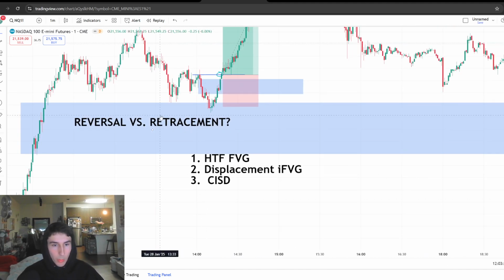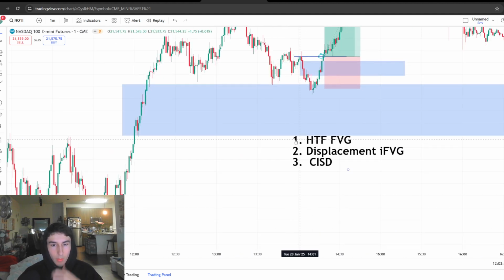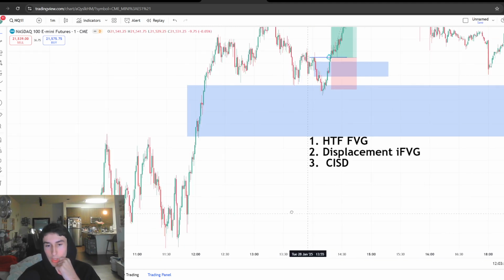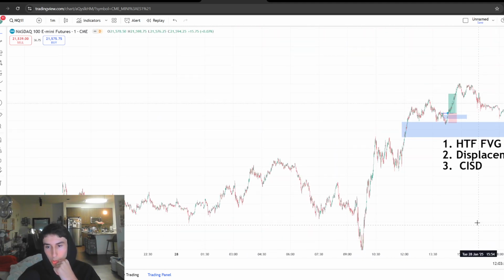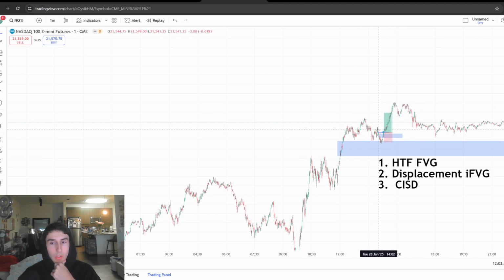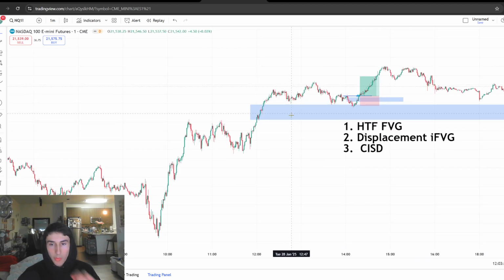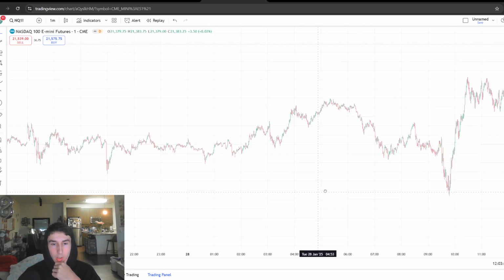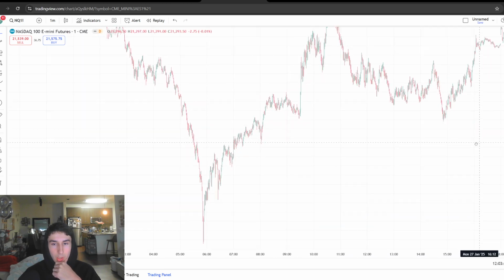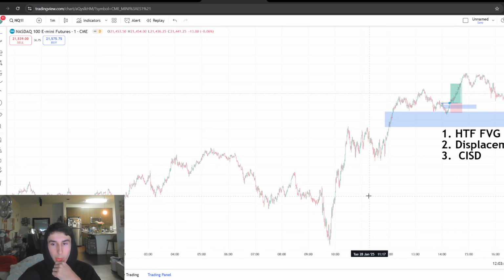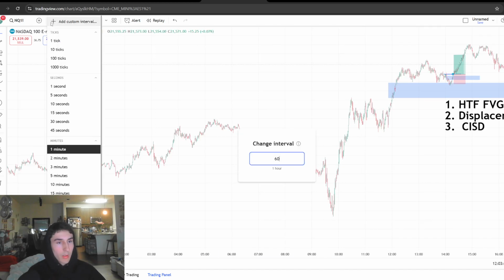So, first thing we want to identify, before any of this, is the actual daily bias of the market. You can do this literally by just zooming out. So let's say we're looking at this trade that me and the team took. Before this trade, what are we looking at? Price is coming up, right? We're coming up. If you go to the hourly,